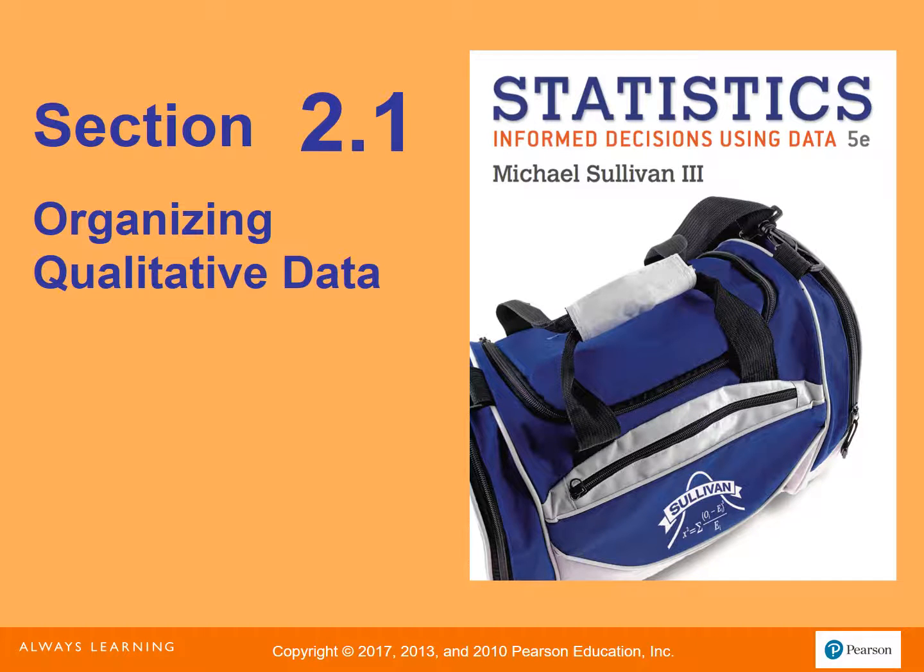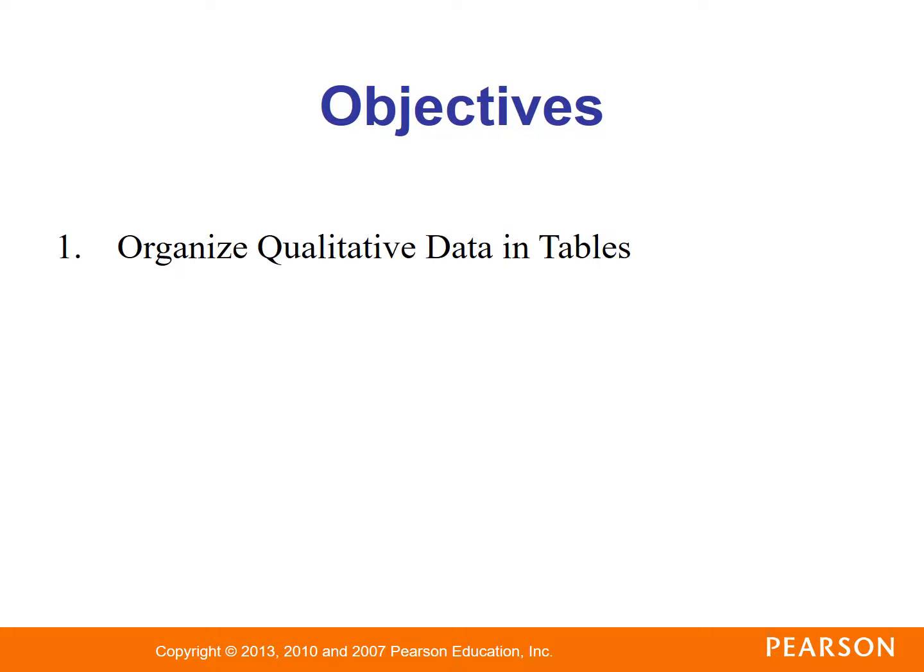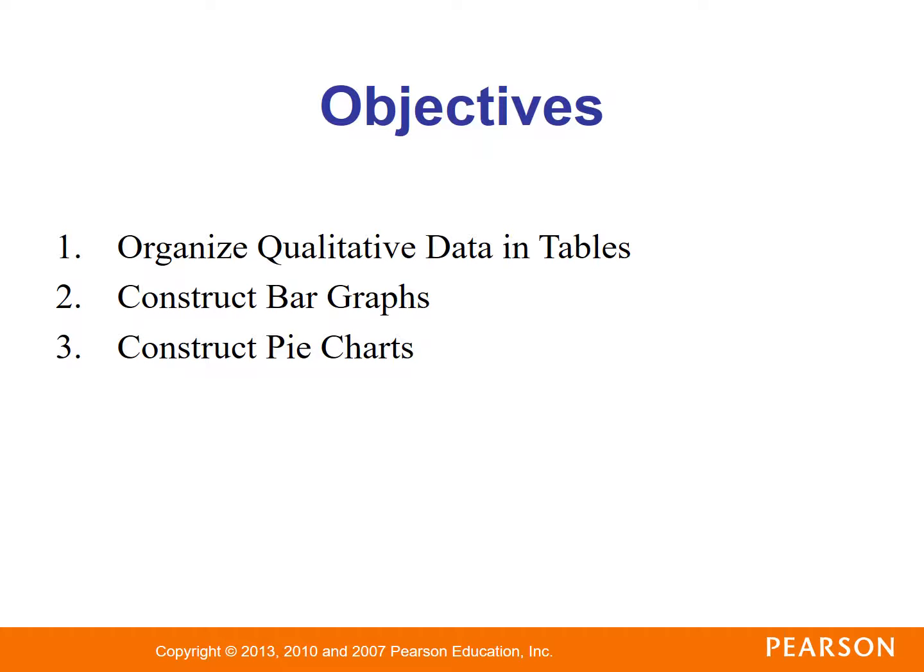In section 2.1, we're going to be looking at what the different ways of organizing qualitative data are. And we're going to do it by several objectives. The first one is to organize our qualitative data in tables, how to construct bar graphs, how to construct pie charts,